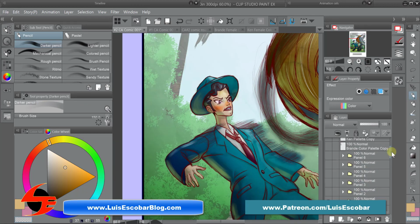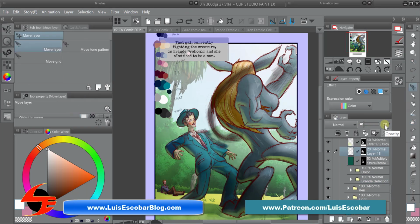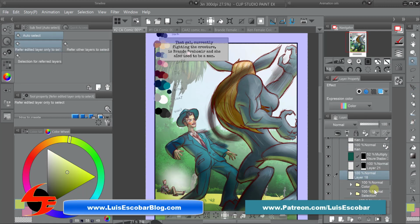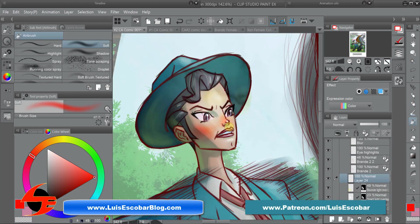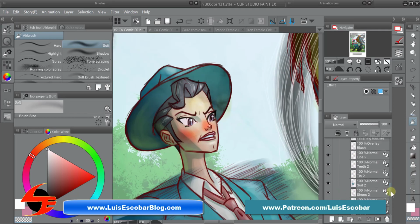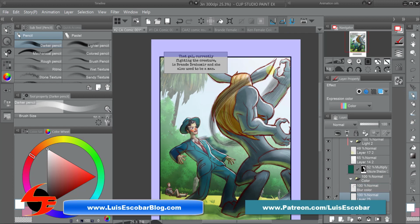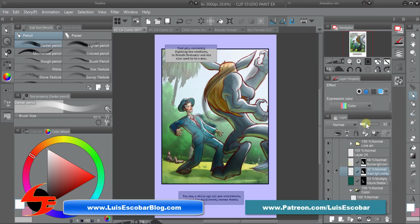Now, one of the things that I ended up realizing as I was working on this, and I'm adding blush to the face. I'm adding just different things to the face, and here I'm just adjusting again the light that is landing on the main character here. I'm actually making the lights lighter, those areas affected by lights, and putting in all the finishing touches that I think the characters needed. So I'm adding a rim light on all this because it felt really flat to me,